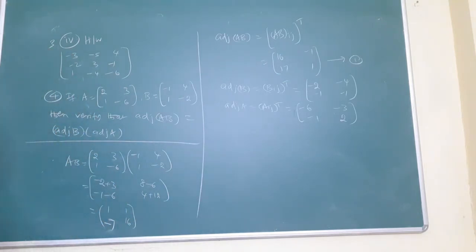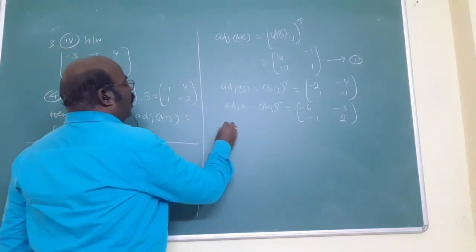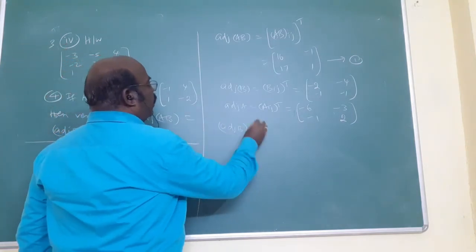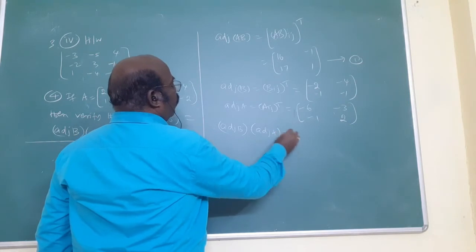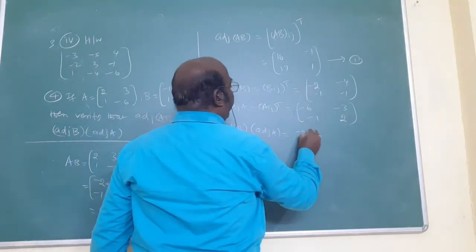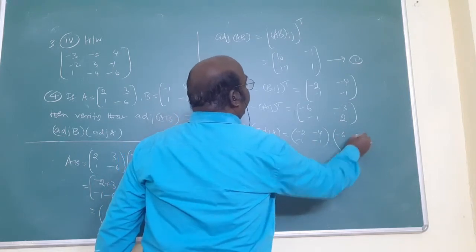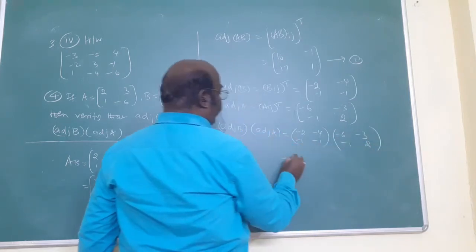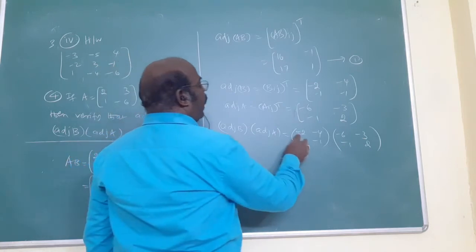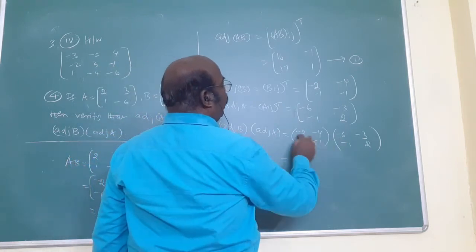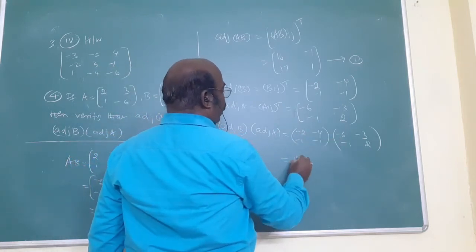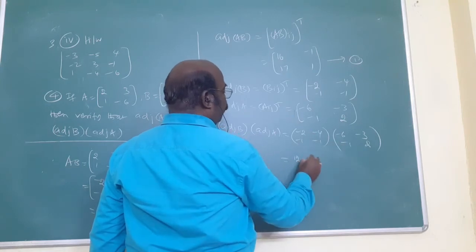If it is 3 cross 3, because of brackets, lengthy calculation will come. If it is 2 cross 2, write the formula clearly, that way it is the answer. Now, what do you mean? Therefore, adjoint B into adjoint A equals: adjoint B is minus 2, minus 4, minus 1, minus 1, into minus 6, minus 3, minus 1. Now multiply, the same answer will come. Minus into minus plus, multiply, what is the answer? 12. Minus into minus plus, 1 4s are 4.